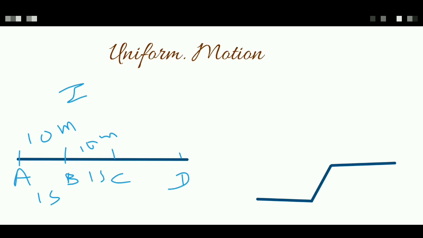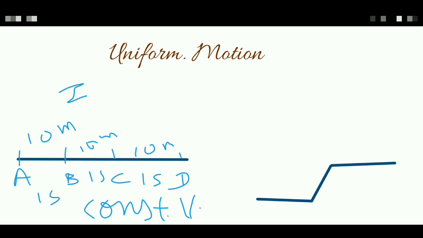So what can you say about it? Is it in uniform motion? Surely it is in uniform motion, obviously. Now what kind of velocity is shown by diagram 1? We can say it shows constant velocity. Why? Because the object is covering equal distance in equal cross sections.